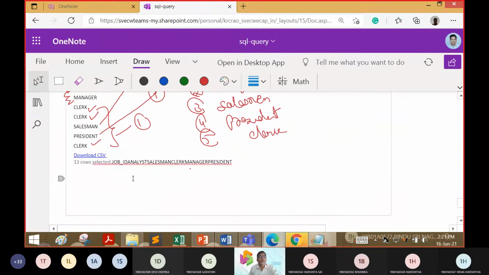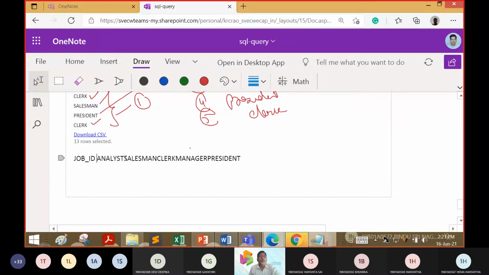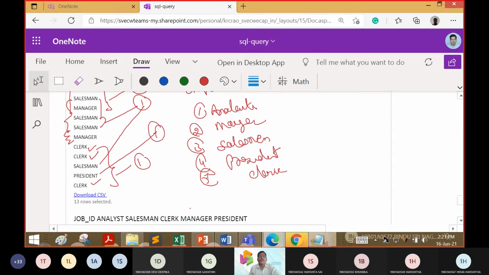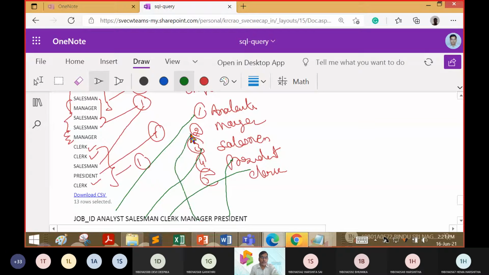So now you can see here the job IDs: 1 is analyst, 2 is salesman, 3 is clerk, 4th is manager, and 5th is president. So now you can see we have the same items: analyst, salesman, president, clerk, and manager.